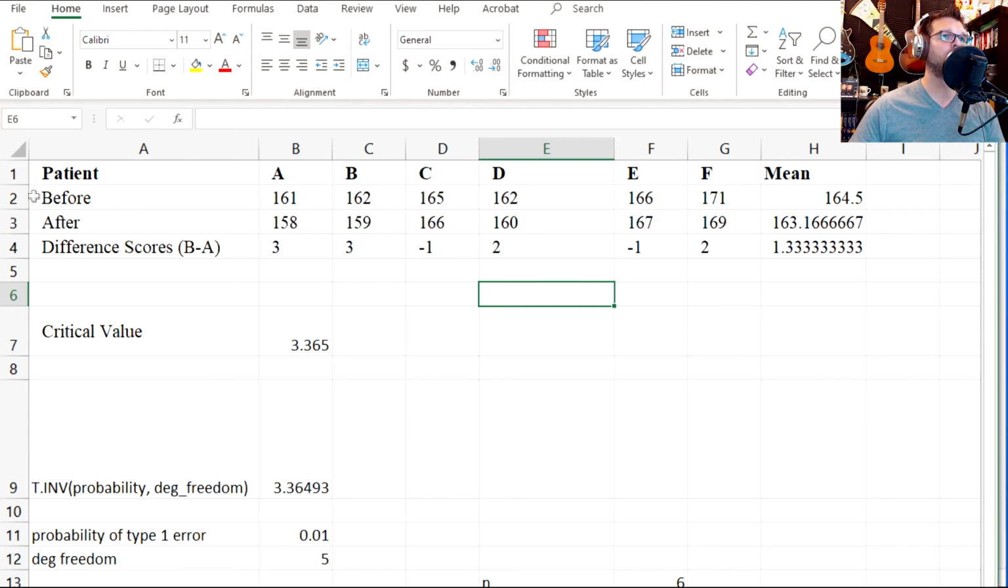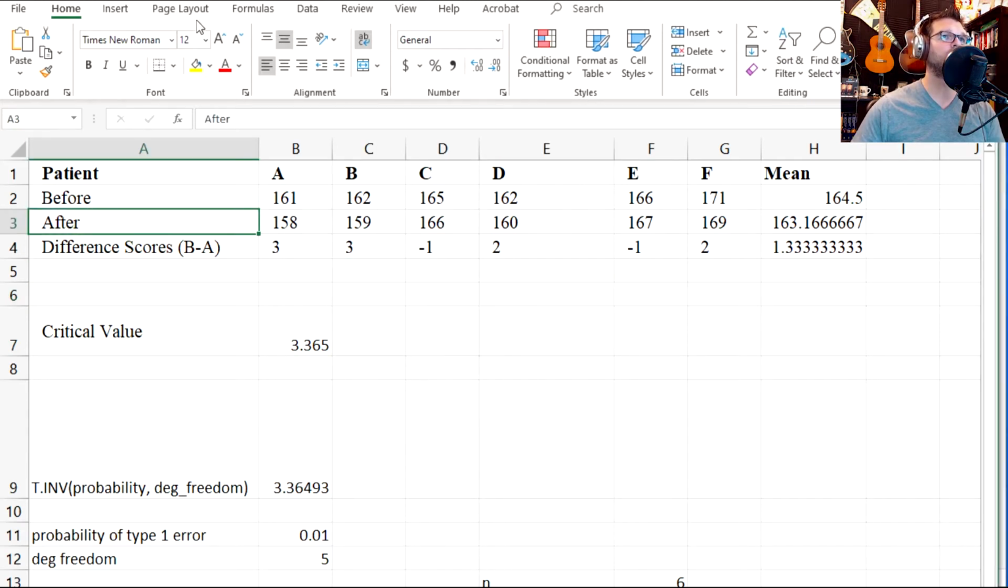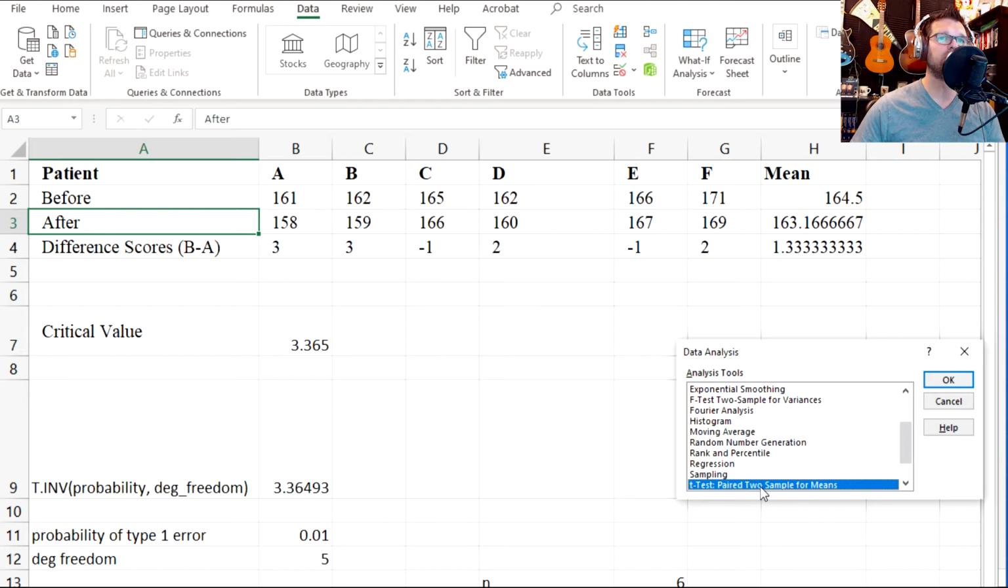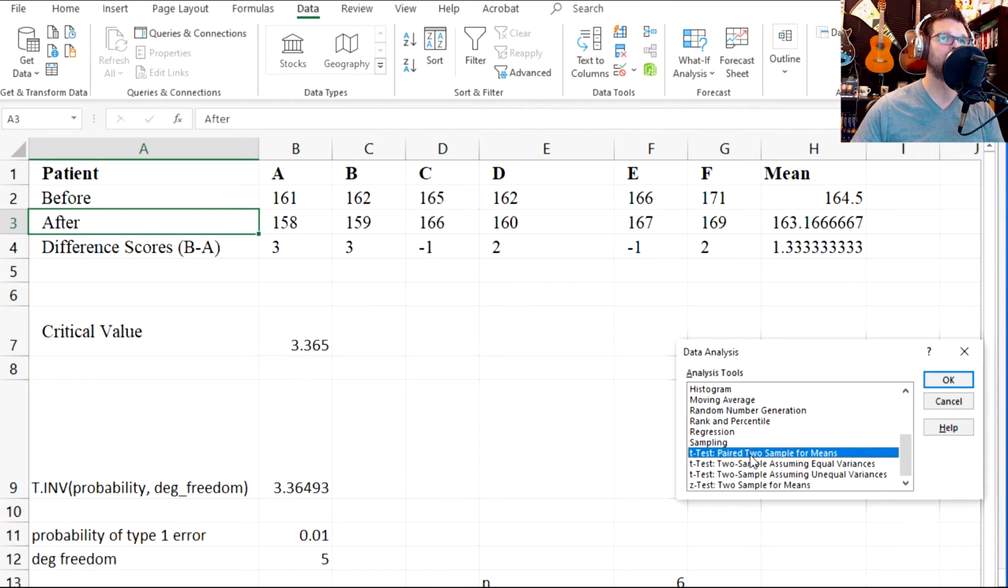And so I'm going to use that data analysis tool. I'm going to go to data, and you guys should have downloaded this. So data analysis, and you go to t-test for paired samples to samples for mean. So I'm going to click on that. You might need to scroll down to be able to get to it, but paired to samples for mean, press